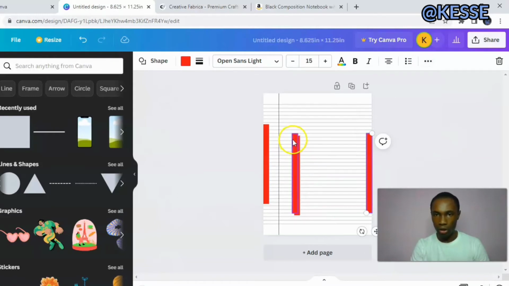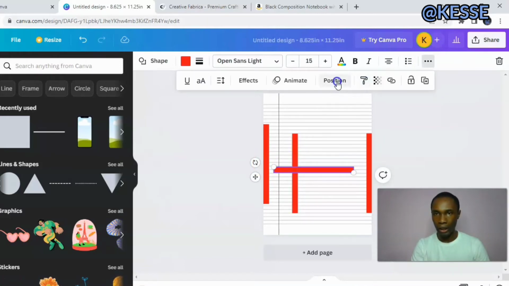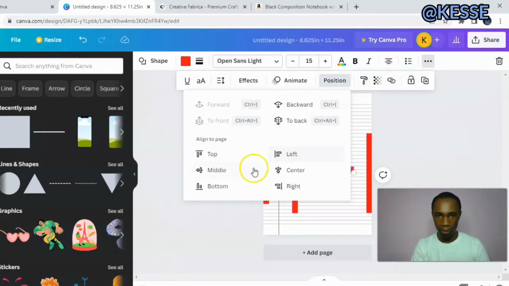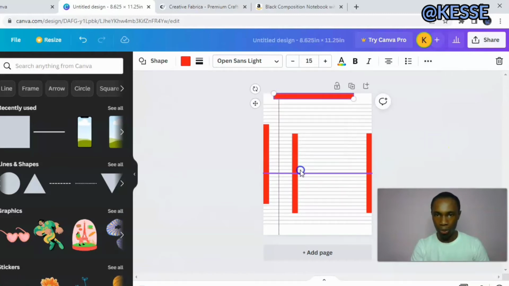Now this next one, all you just need to do is to turn it by 90 degrees. Ensure that it's on 90 degrees. Then you come to position here. You go to the position aspect, put it at the top. At the top. Okay. Now once you put it at the top, this last one to ensure that you also